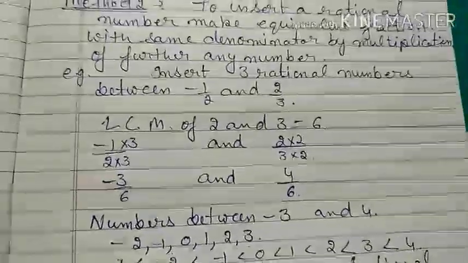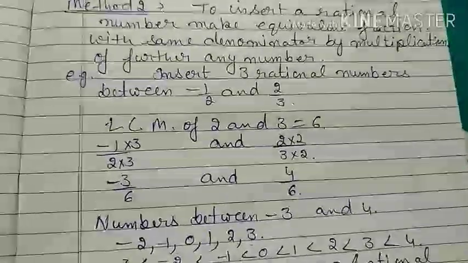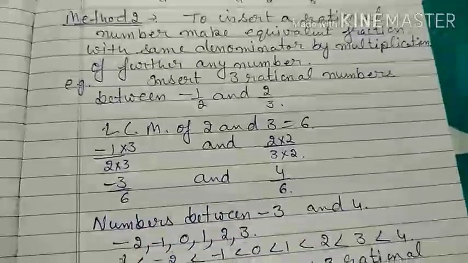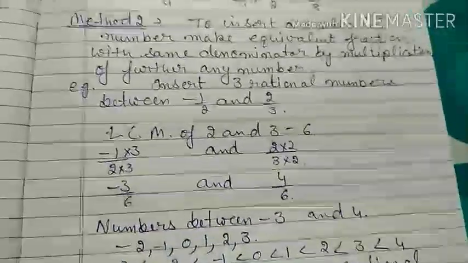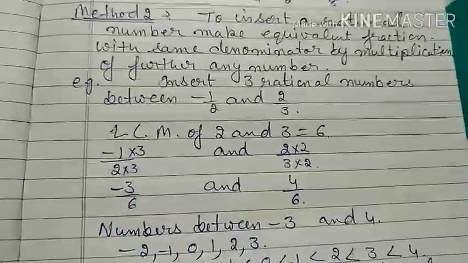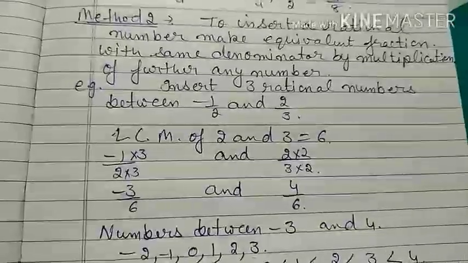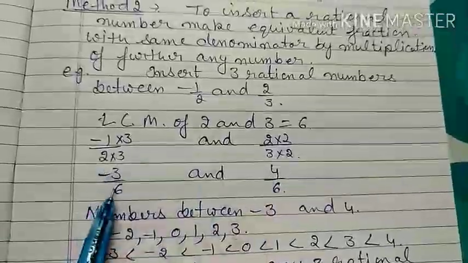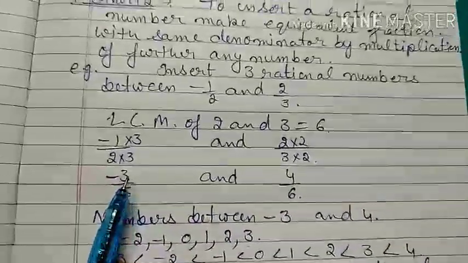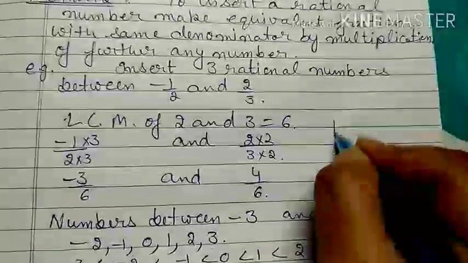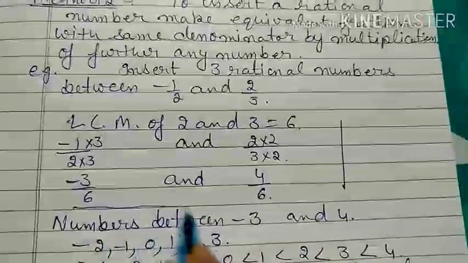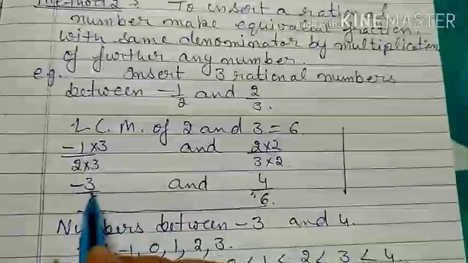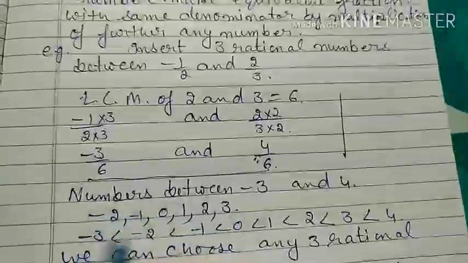But if your question is the same and the condition is that you have to insert 8 rational numbers, when I check between minus 3 and 4, there are only 6 rational numbers. Inserting 8 means more than 6 rational numbers, so that is not available between minus 3 and 4. That means you have to multiply both further. Here, if I want to insert 6 or 8 rational numbers between them, but between minus 3 and 4 I have only 6 rational numbers.